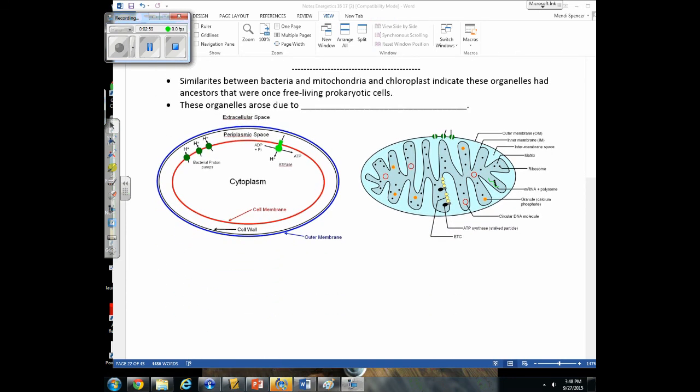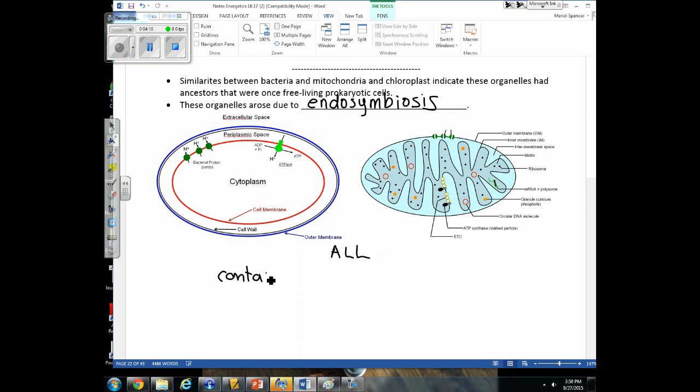In the cell unit, we talked about the similarities between bacteria and mitochondria and chloroplast. And we have this idea that those organelles had ancestors that were once free-living prokaryotic cells, and that these organelles arose due to endosymbiosis. And just like any theory, the theory of endosymbiosis has to be backed by evidence. And we discussed in the last unit that both mitochondria, chloroplasts, and bacteria, they all contain circular DNA,